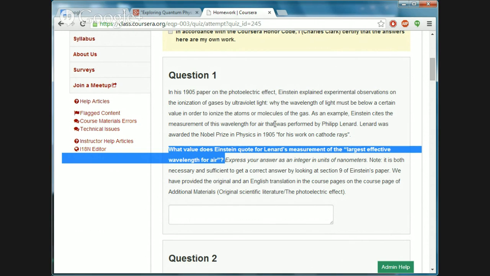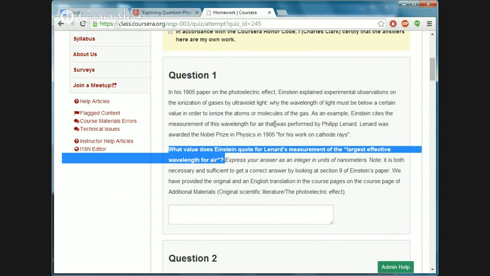Both the photoelectric effect and the ionization of gases were experiments done by Lenard, who won the Nobel Prize, I think in the year 1905, or in the year 1904, I forget exactly which. And they showed a similar thing. The photoelectric effect showed that there was a frequency threshold for ejecting an electron from a metal. The ionization of gases by ultraviolet light also showed that there's a frequency threshold for the ionization of gases. And so that meant that